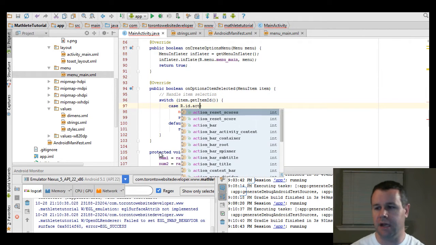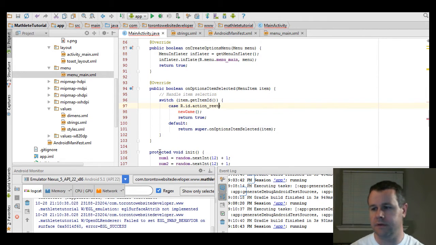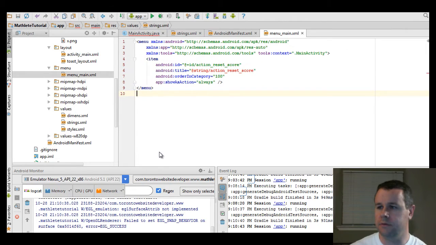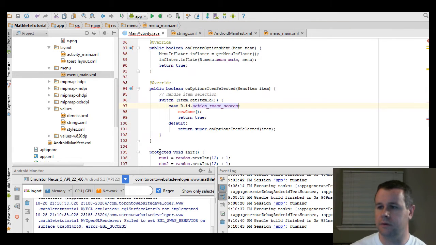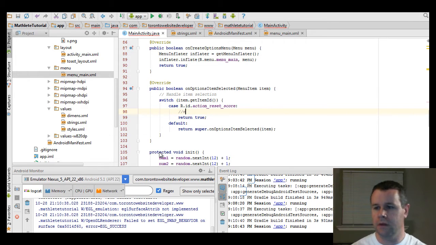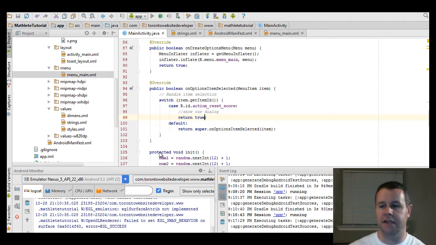And this ID is going to be action reset scores. I don't know why I have two. What did we do in the main menu? Action reset score. So here, this would be where we show our dialog. And yep. And so we're going to pause here because we're going to actually test this to make sure that